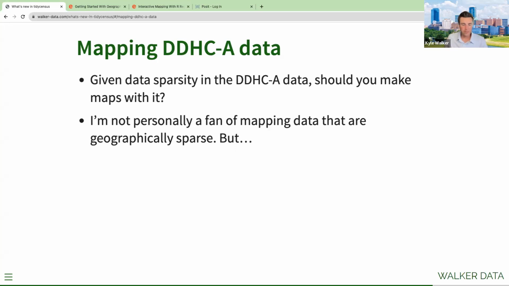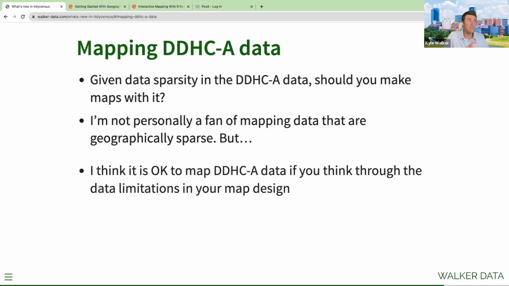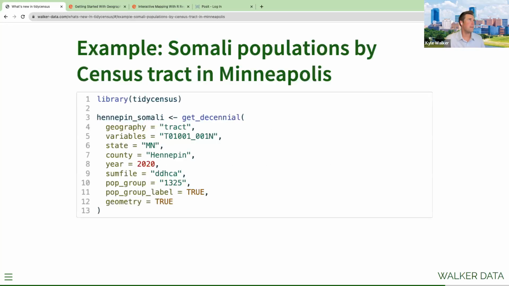What about mapping? We all love to make maps, but is it a good idea to map DHC-A data? Given the data sparsity, should you make a map? I don't like mapping geographically sparse data. If you have geographically sparse data, in my opinion, you often want to go for a different visualization type. But if you are careful about your visualization design and you think through the data limitations, I think some maps can make sense. So a good example of that is, let's say we want to map out the Somali population